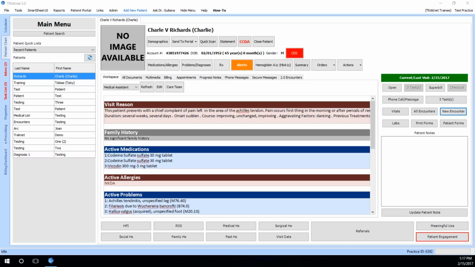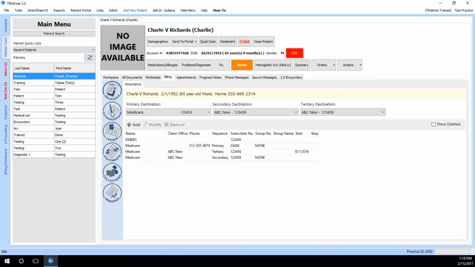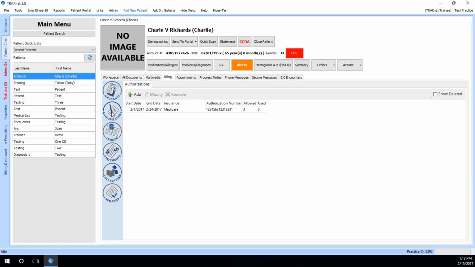Okay, thank you. How to add a referral number to a claim? Okay. By referral number, I'm going to assume that you mean a referral authorization number. The first step we're going to need to do for that is go to our billing, go into our authorizations, and add the referral authorization here on authorizations. Once it's added into the billing section,